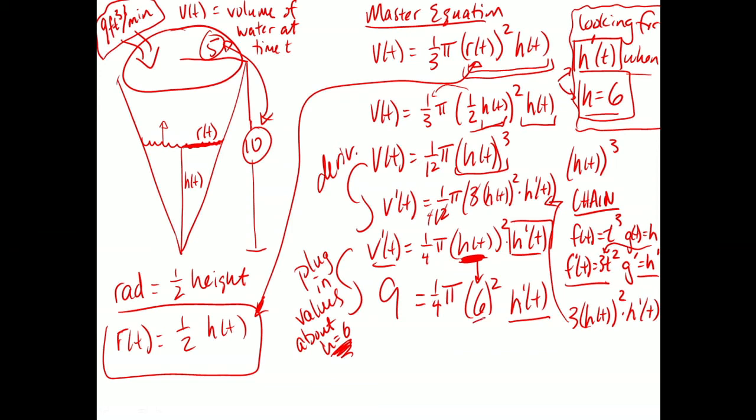So 6 squared is 36, right? And 36 divided by 4 is 9. So you actually just get 9 equals 9 pi times h prime. And so if I divide by 9 pi on both sides, I'm going to get 9 over 9 pi, or 1 over pi if you want. So I get h prime is 1 over pi, which you can write as a decimal if you want. That might be somehow a little bit more informative, I suppose. So if I want to, I can say what's 1 divided by pi. And you get about 0.32